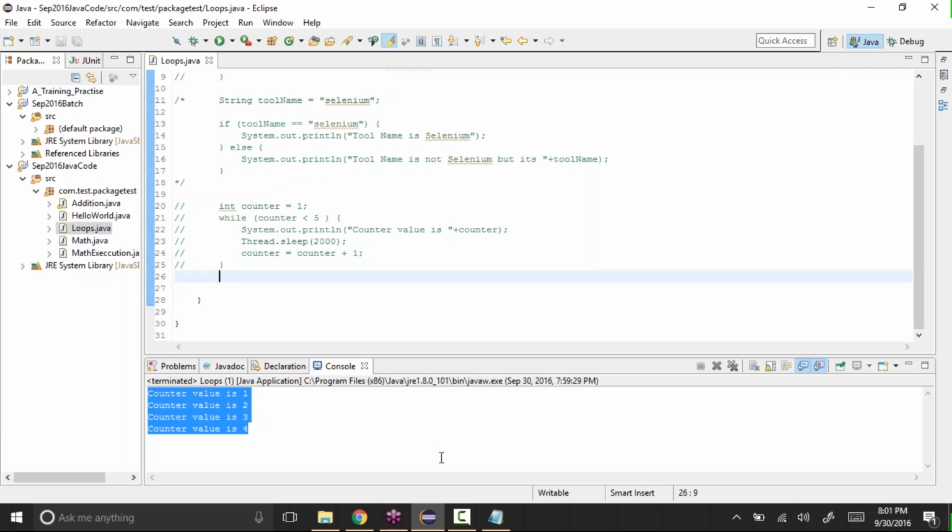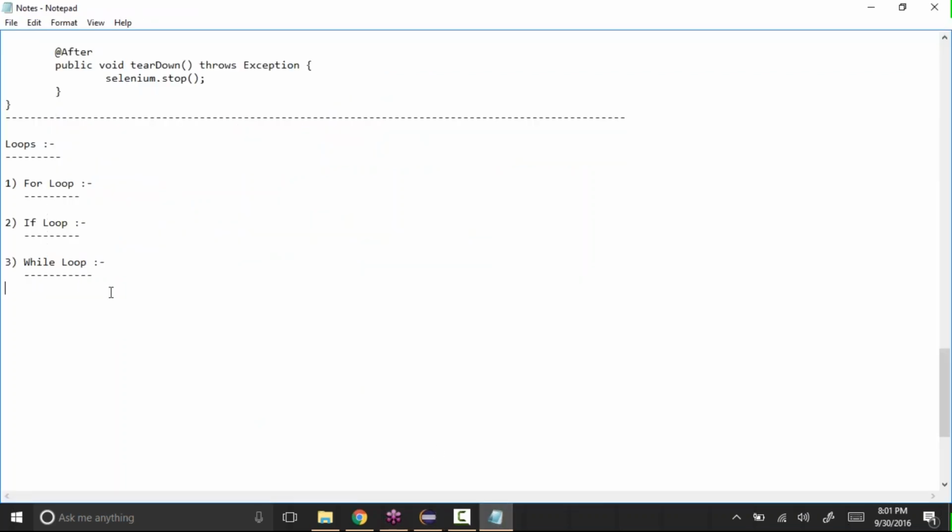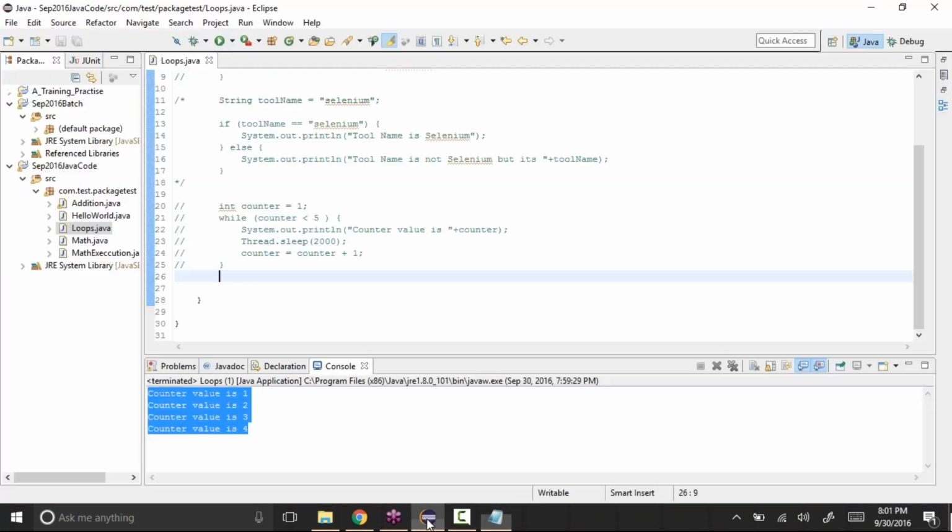Okay, so this is what the while loop is. And in the same way, you also have something called a do while loop. Let's see what the syntax is, and then I'll explain the difference between the while loop and the do while loop. You have to say, let's say, int counter equal to 1.